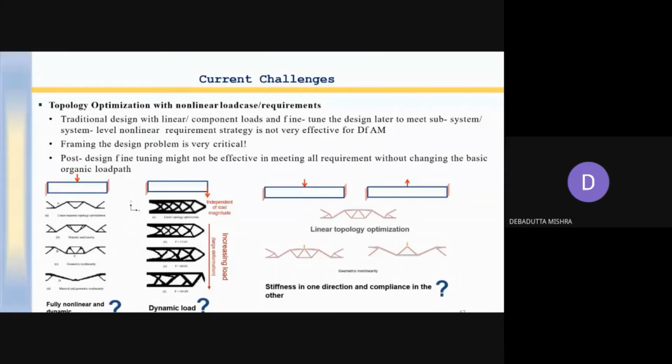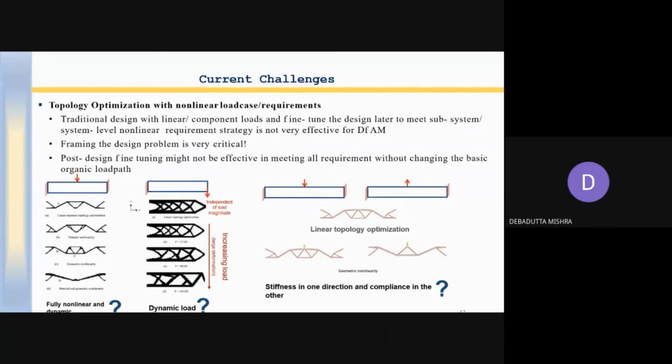Now, in the last slides, there are some challenges for people who carry out research work on this. We always talked about topology optimization, but that is in the case of a linear load case, a linear requirement. When the loads are non-linear, or a dynamic load is there, how can we have the topology optimized?